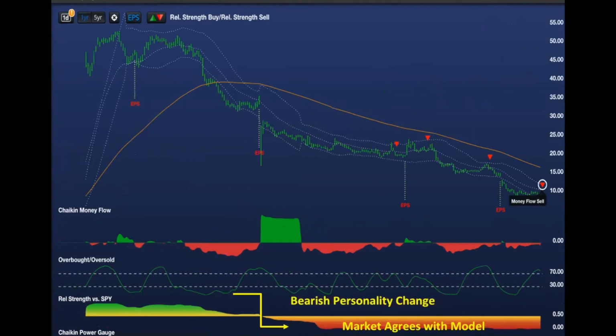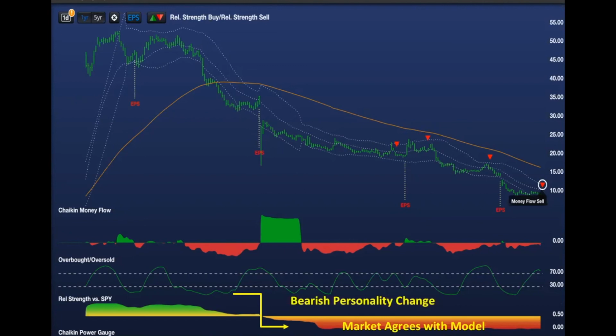The stock had a bearish personality change. It was already down from 50 to about 25, a point where a lot of people might have been bottom fishing, but the power gauge was bearish and it started underperforming the market at that point with a negative earnings surprise. So that bearish personality change was a red flag that said, don't bottom fish. If you own it, take your lumps and take your losses and start looking for opportunities to trade it from the short side, because from that point,